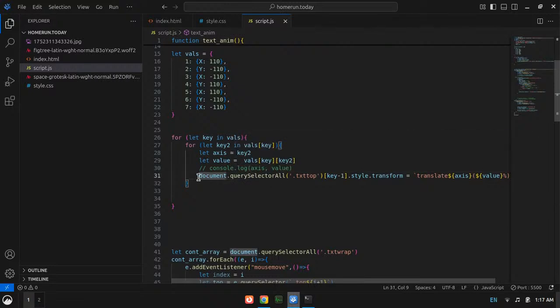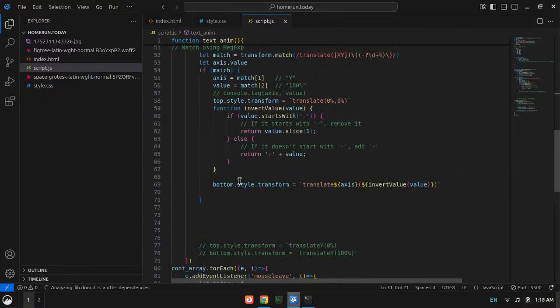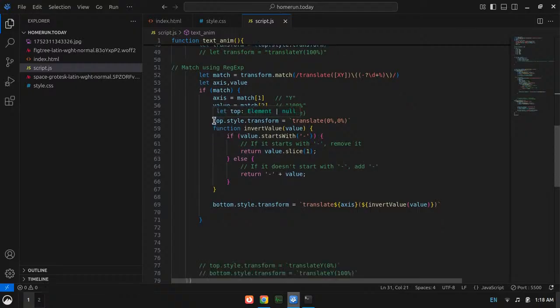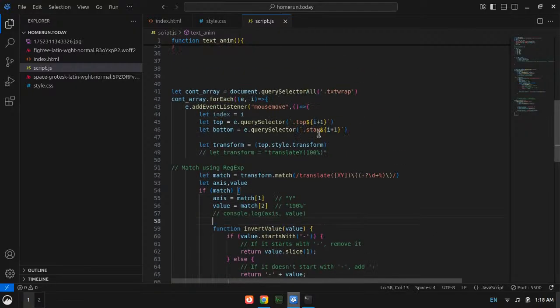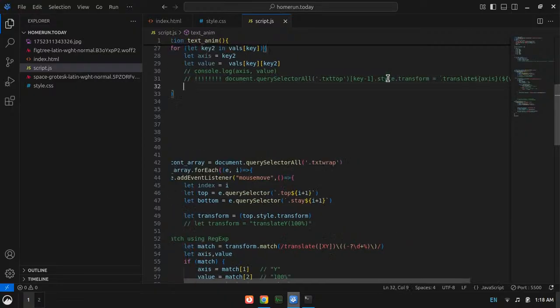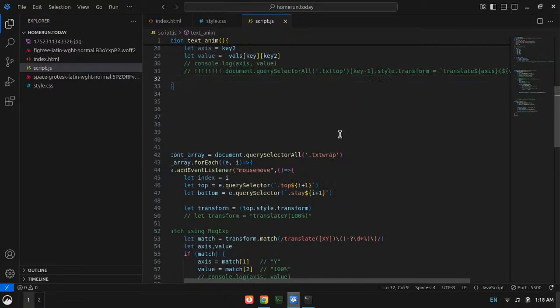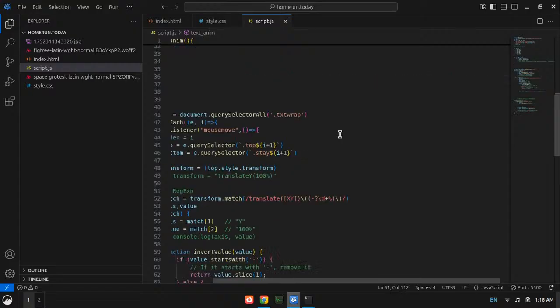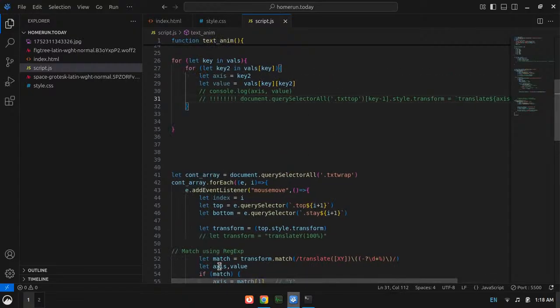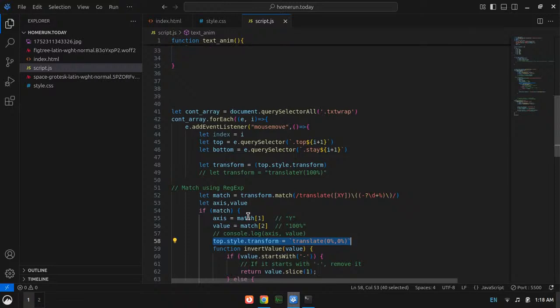So what if I try commenting out this line, also put an exclamation mark there, and put this code here? What will happen? What did I do, by the way? Where did I cut the code from? Okay, from here.